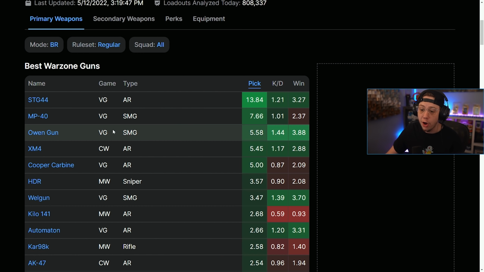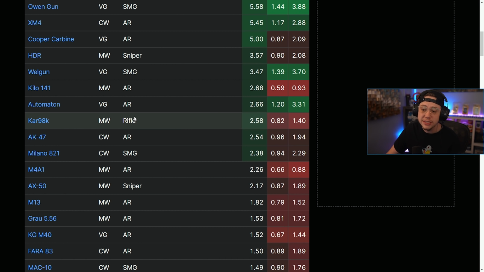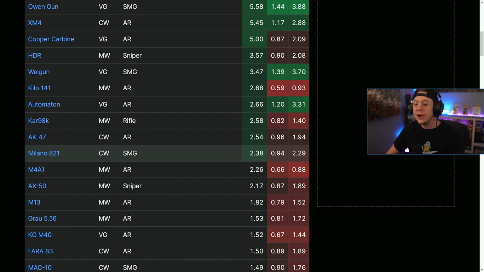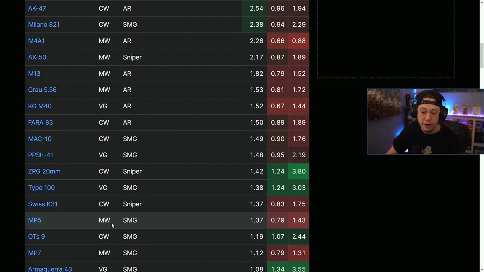MP40, Vanguard sub. Owen gun, Vanguard sub. Well gun, Vanguard sub. The closest SMG is the Milano, and people really aren't using that in the SMG range. They're using that for sniper support, so that's not even a great SMG choice. The Mac 10 is up there, somehow even having a bad TTK. I would expect things like the MP5 and the OTS to be a little bit higher than they are here